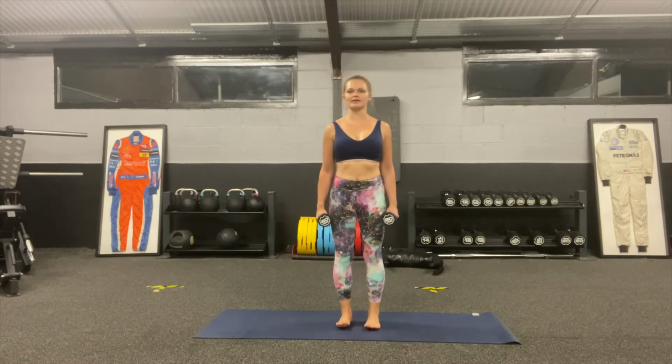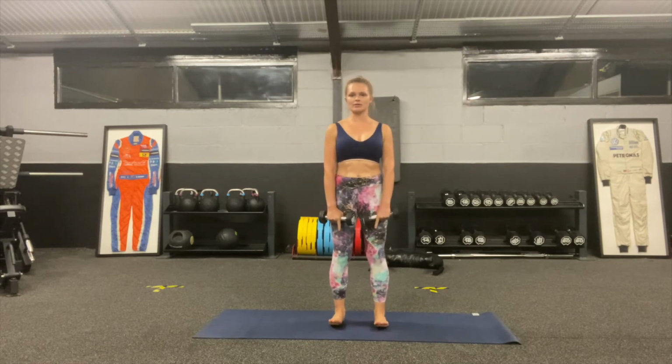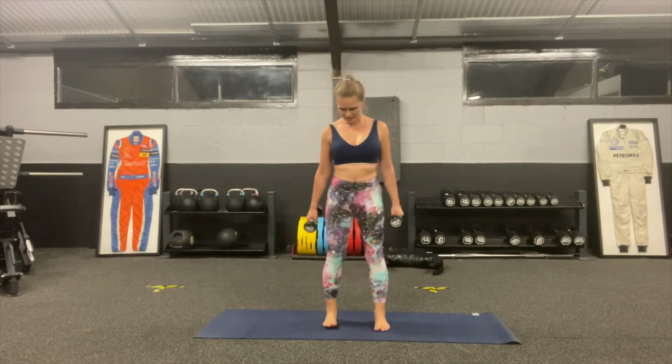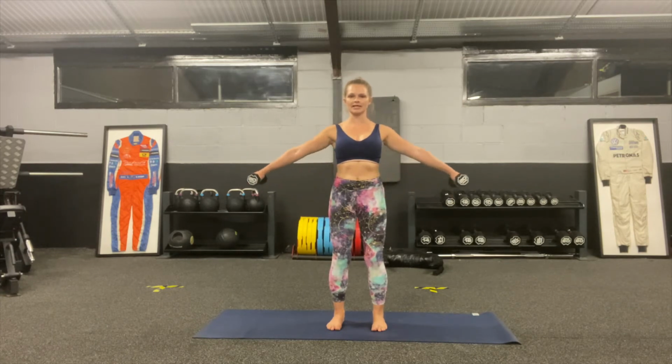We're going to take a breath in and rise the arms up to the side. So firstly, step your feet to about hip width distance apart. Draw the belly in towards the spine and soften through the knees. So a little soft bend looks like that. Feet about hip width distance apart, soft knees, draw the belly in, and then from here, hold onto the weights tight. You're going to open up the arms on an inhale